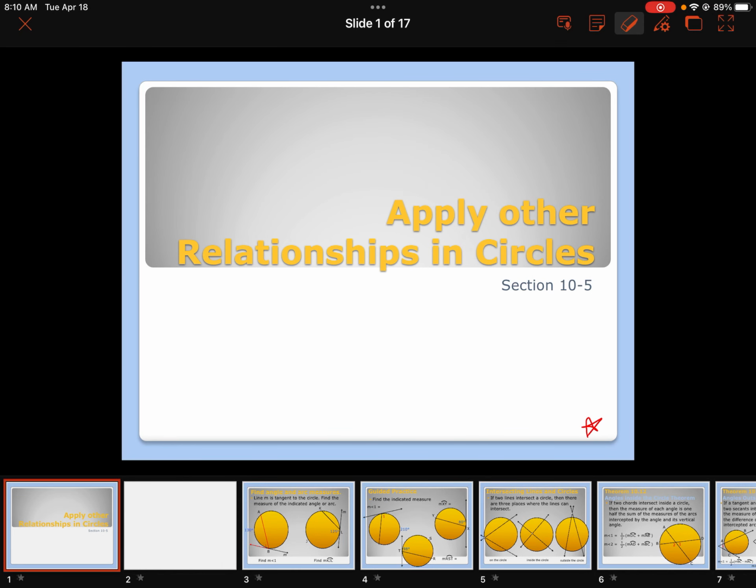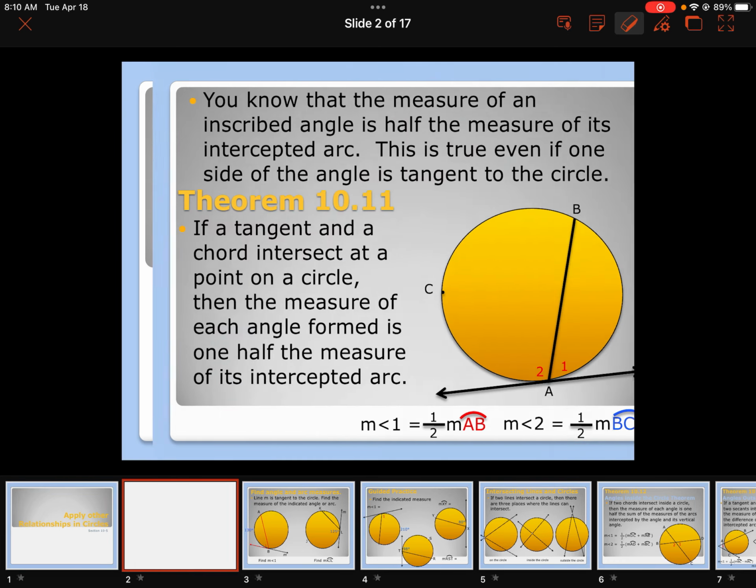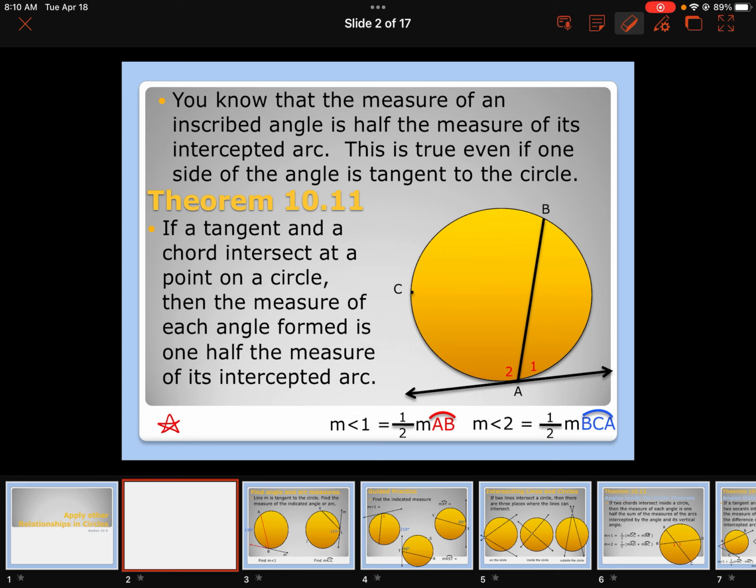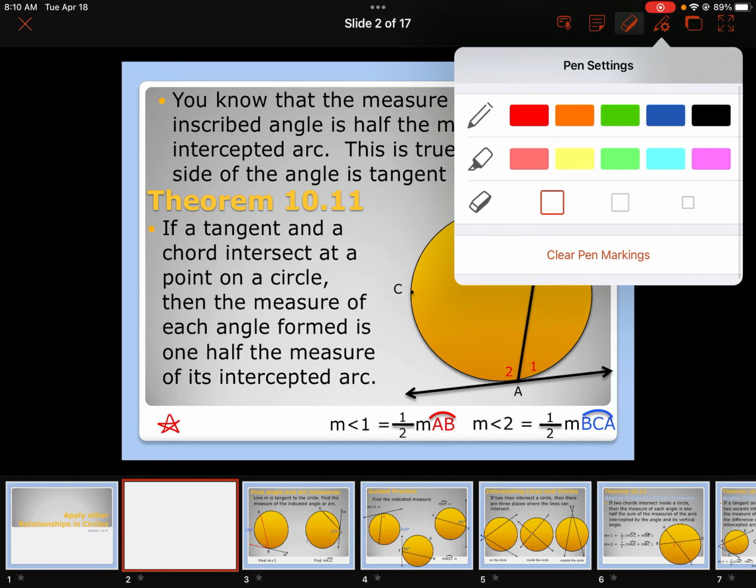This is section 10.5. We're going to apply other relationships in circles. We're going to look at one theorem in this video. We know that the measure of an inscribed angle is half the measure of its intercepted arc. This is true even if one side of the angle is tangent to the circle. So what they're telling you there is